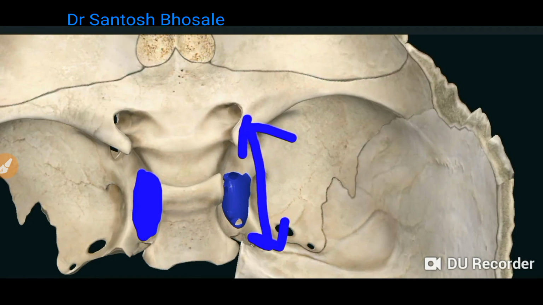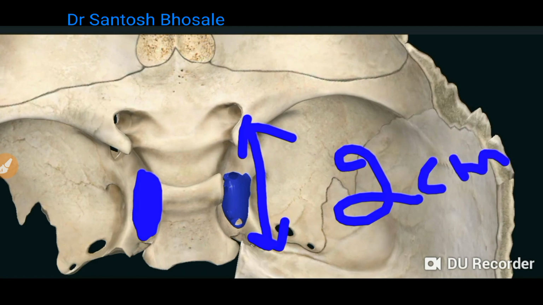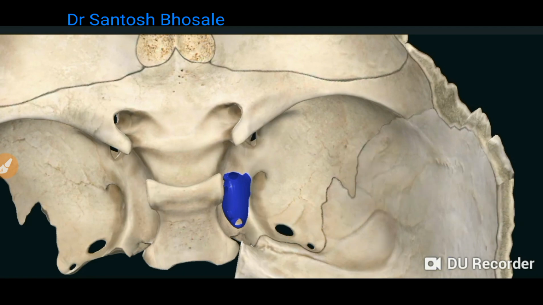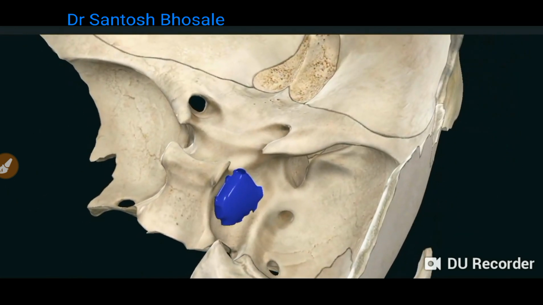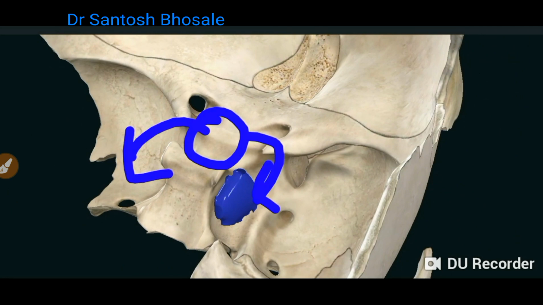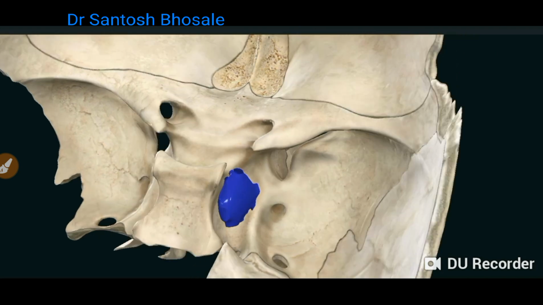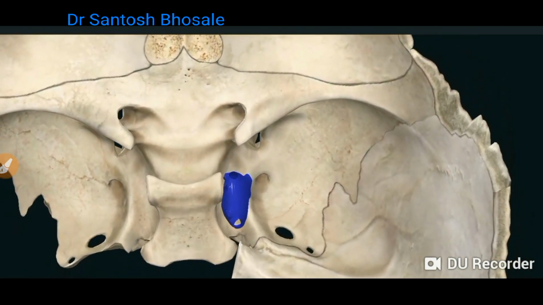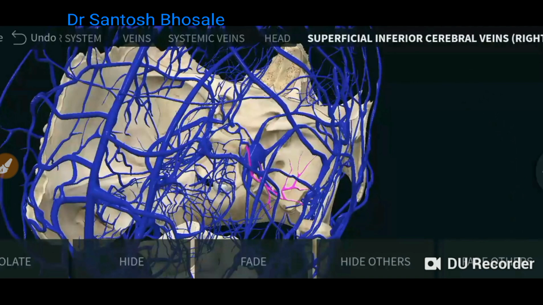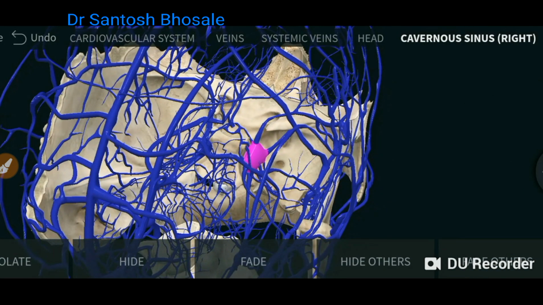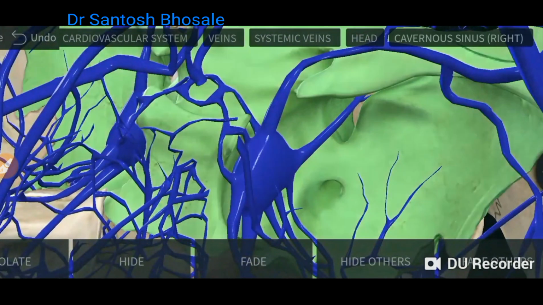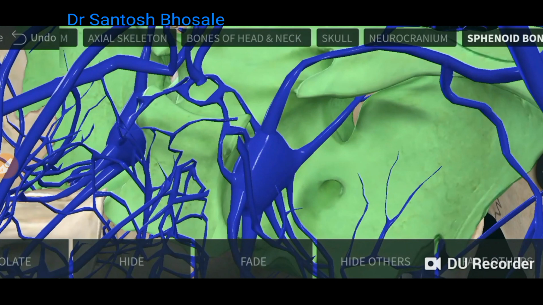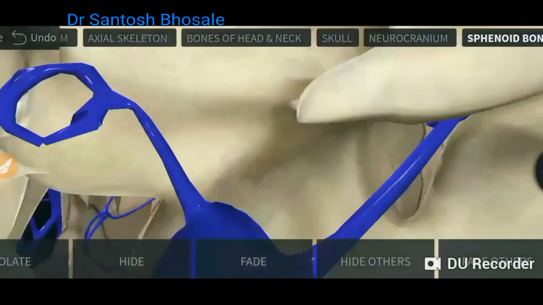And you can see it extends from the superior orbital fissure to the apex of the petrous temporal bone, around 2 cm wide, 1 cm in length. You can make out the relation there. It is closely related to the pituitary gland, on either side of the pituitary fossa, and also related to the temporal lobe of the cerebrum. And coming to its tributaries, it drains the orbit. So the superior ophthalmic vein, inferior ophthalmic vein and central vein of the retina are its natural tributaries. It drains the orbit.